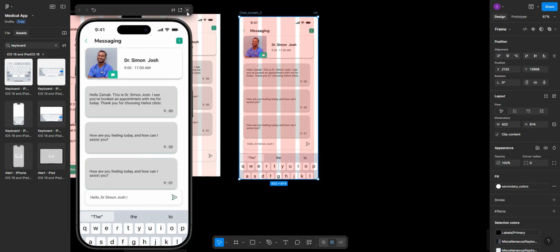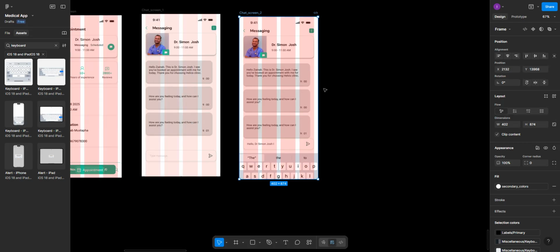Alright, so now we're done with this screen. So the next screen is going to be the screen where the user has sent messages. Okay, so what we're going to do, we'll duplicate this screen